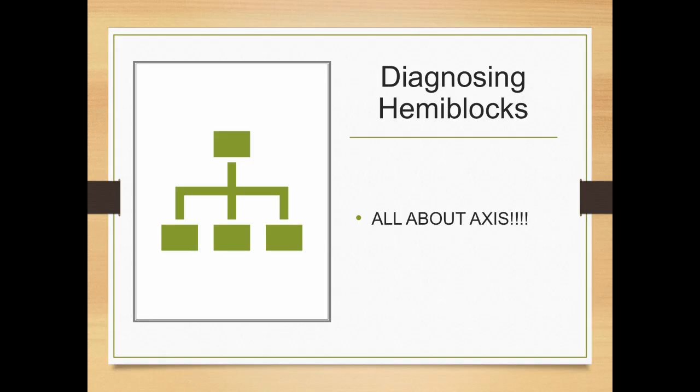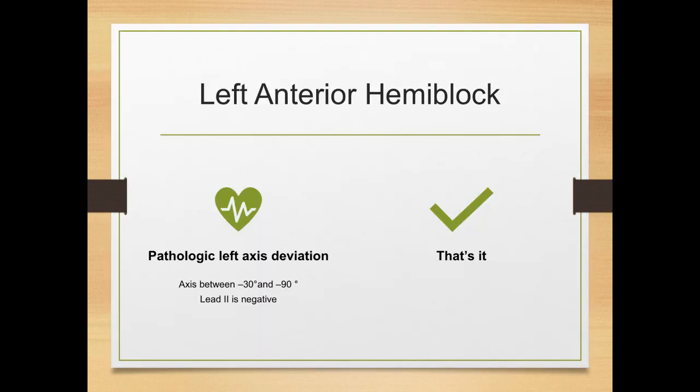So when we go to diagnose fascicular blocks or hemiblocks, and I'm using those interchangeably, I apologize, hemiblocks and fascicular blocks, same thing, it is all about ventricular axis. That's it. Kind of, sort of. Look at axis. Is axis weird? You probably have a hemiblock. Maybe. So the first thing we look at when we diagnose a hemiblock is axis. Case in point,